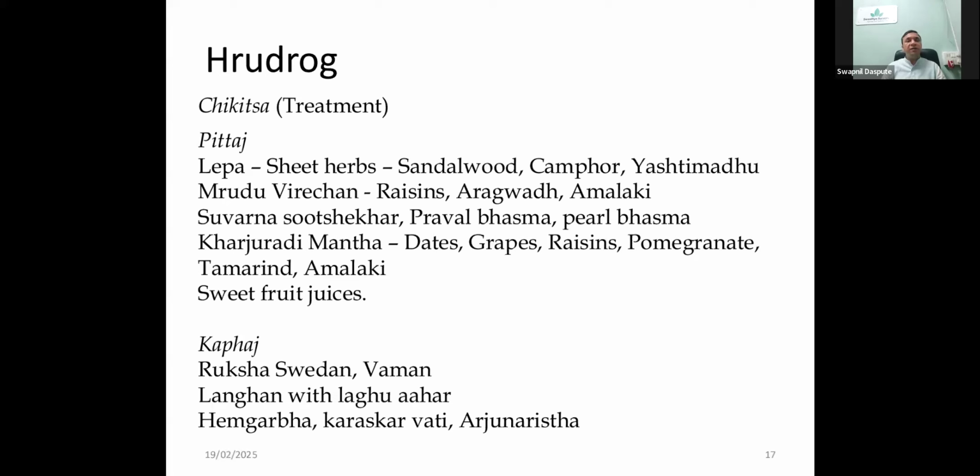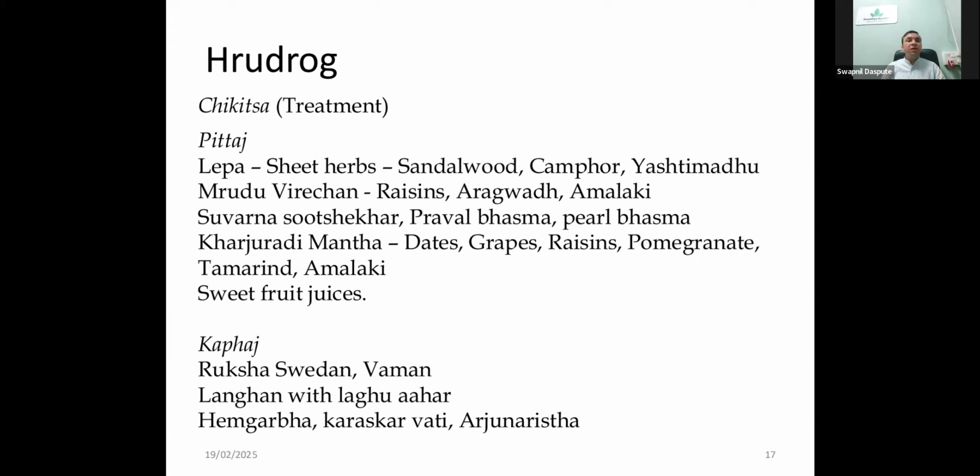Ruksha Svedana, in fact, if you have to do full body Svedana, then sauna can also be prescribed. But for a very minimum time. The patient starts sweating, and immediately you can ask the patient to come out. Don't wait for 7, 10, 20 minutes, etc. Vamana should be administered in Kaphaja type of Rudroga. Again, Mrudu Vamana in controlled conditions. Controlled conditions means you should be ready and prepared for any kind of complication if it happens.